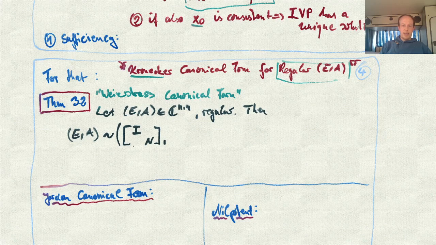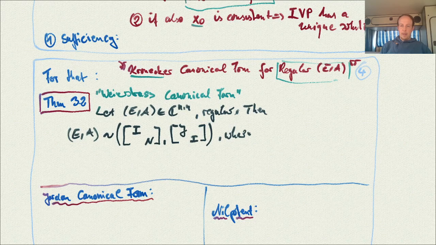We will talk about that. There are zeros on the off diagonals, or these are blocks, and otherwise there are zeros. And this A matrix is transformed into a J matrix, which will be a Jordan canonical form matrix, and an identity here. Okay, so for a regular matrix pair E, A, it is equivalent to the matrix pair in this form: identity, N and Jordan block, identity,